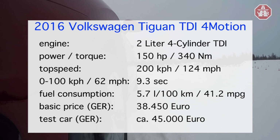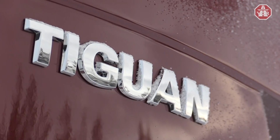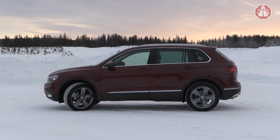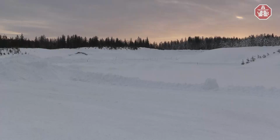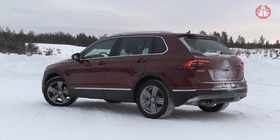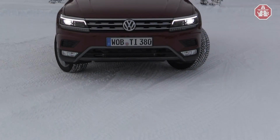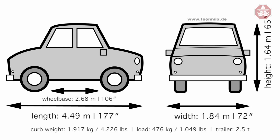The Volkswagen Tiguan has a length of 4.49 meters or 177 inches with a wheelbase of 2.68 meters or 106 inches. It is 1.64 meters or 65 inches high and 1.84 meters or 72 inches wide, with a span of 2.1 meters or 83 inches from mirror tip to mirror tip. For the turning circle, you will need to have at least 11.5 meters or 37.7 feet of free space. The curb weight comes in at 1,917 kilograms or 4,226 pounds. The maximum loaded weight is 2,330 kilograms or